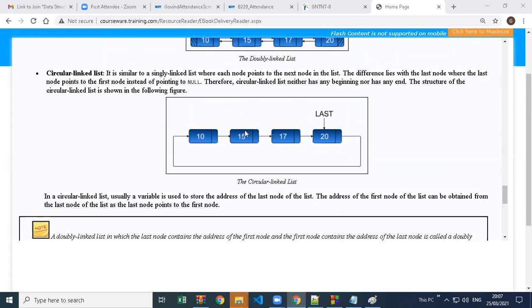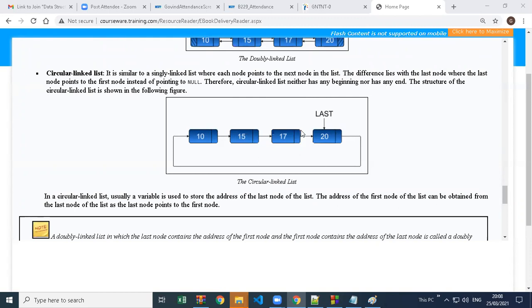It is similar to a singly linked list where each node points to the next node. The difference is that the last node points to the first node instead of null. So the last node is not saying I don't have a next node, it is pointing to the first. Therefore a circular linked list has neither a beginning nor an end.